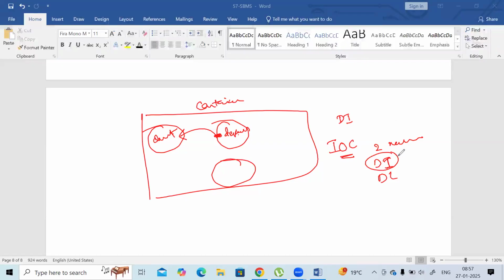So dependency injection is one pattern of implementing this principle. Dependency lookup is another pattern of implementing this design principle. That's why people call these two design patterns. This is one pattern, this is another pattern. Two different patterns are there, right? The first pattern is called what pattern? Dependency injection. The second pattern is called dependency lookup. When you come to Spring Framework,